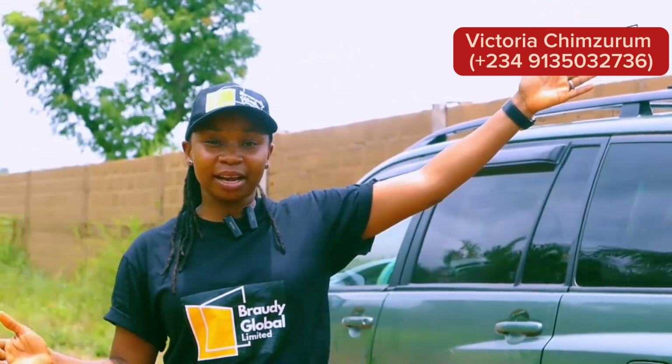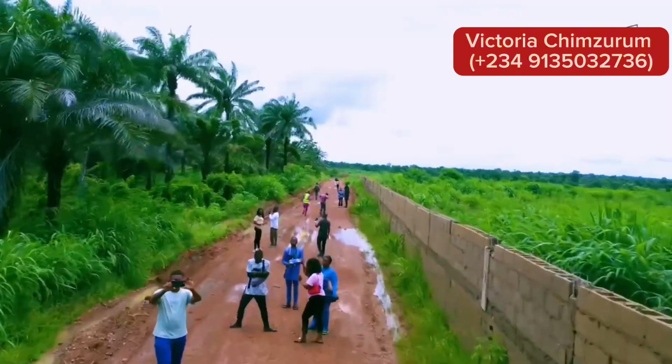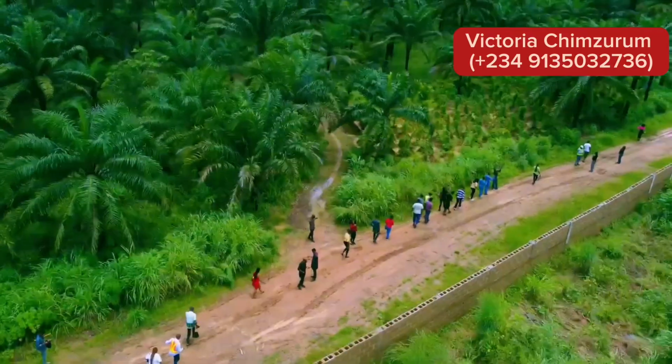Wondering what is happening here? We are currently on an inspection to one of our fastest selling properties called Royal Heights Estate. Right now, as you can see back here, we are at the back of Capstone University located in Enugu State. And opposite the back of Capstone University, we have our fast selling Royal Heights Estate, currently selling for 4.5 million